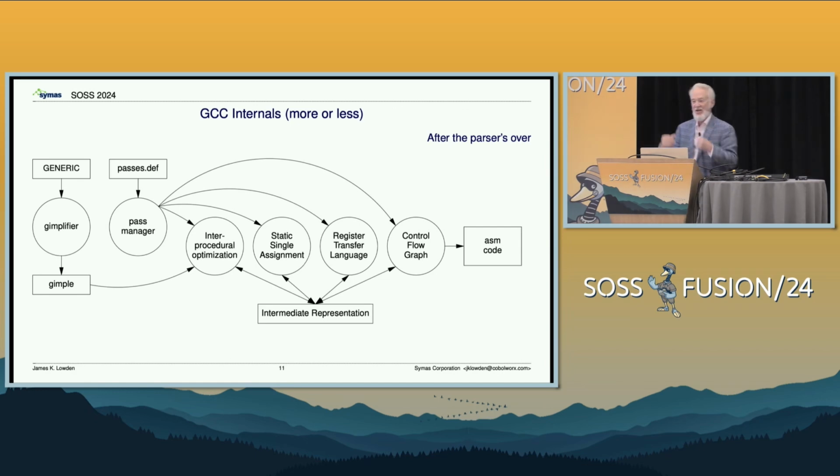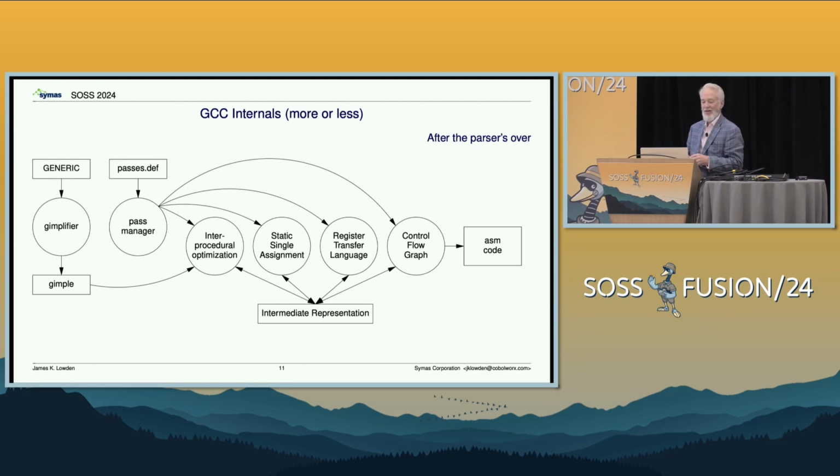So we take generic, and generic goes through a thing they call the gimplifier, because originally, I don't know if there is an original in GCC, but we'll say originally, there was no generic. There was a thing called Gimple, which was maybe the proto-assembly language of the internals of GCC.